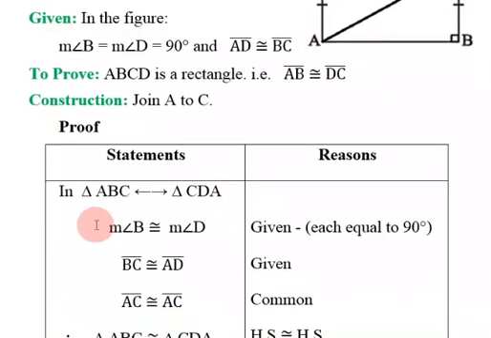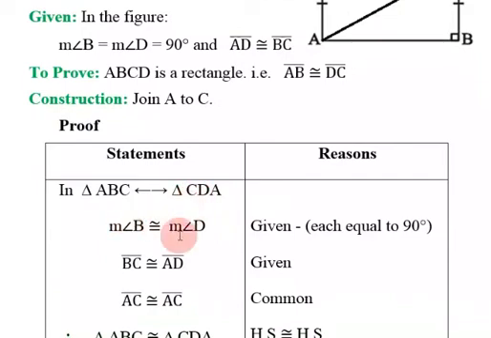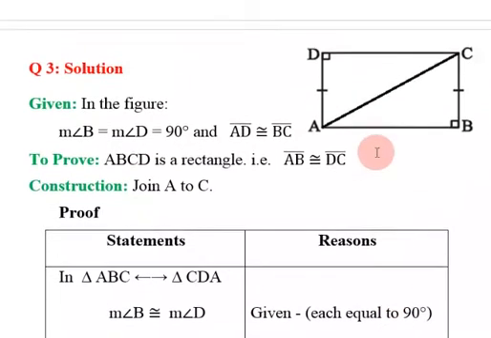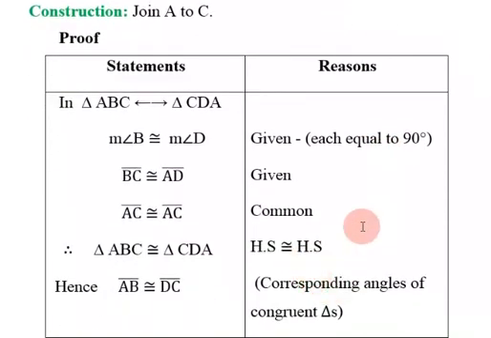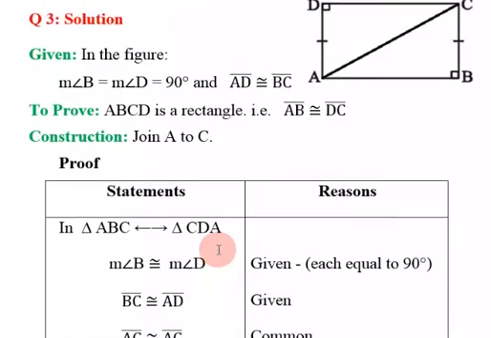Now we are taking the correspondence between these two triangles. The angle B is congruent to the D. It is given to us because both are equal to 90 degrees, and the BC side is congruent to the AD. It is also given to us. Look over there, that AD and BC, and the AC side is congruent to the side AC because both the triangles are sharing this side, so it is a common side. Okay, again using the postulate hypotenuse and side for the right angle triangle, so we can say that these are the two congruent triangles. If they are congruent, everything is the same.